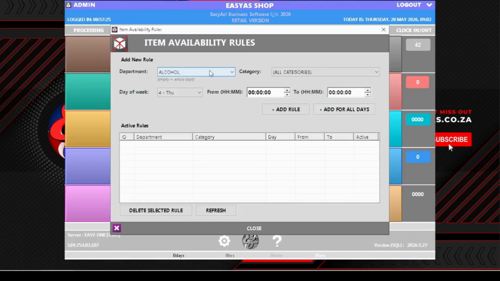Then, if it's all the categories, or just a single category that needs to be limited, then we set our times the department or category can't be sold, and then we can add either just certain days of the week